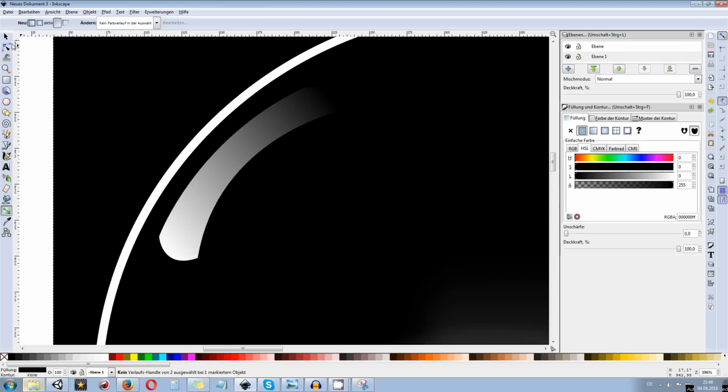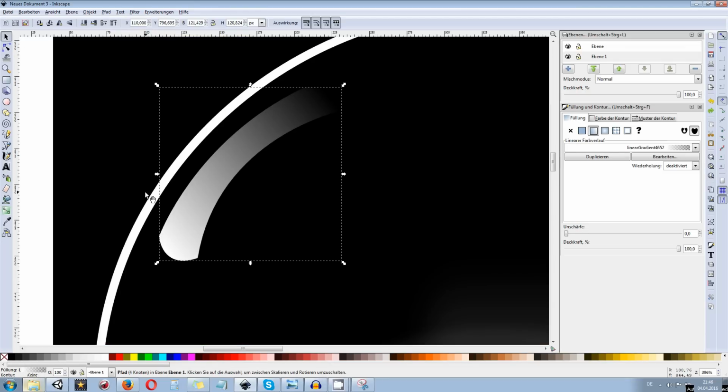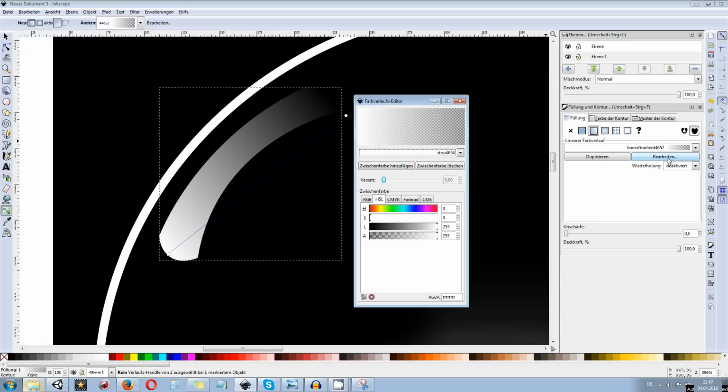Well, no, we don't. Gonna select this one once again, and what we can do is we can go and work on that gradient we have just selected on the right side, which is in the color panel again. What we can do is we can say edit. We can add a new color by clicking this button.